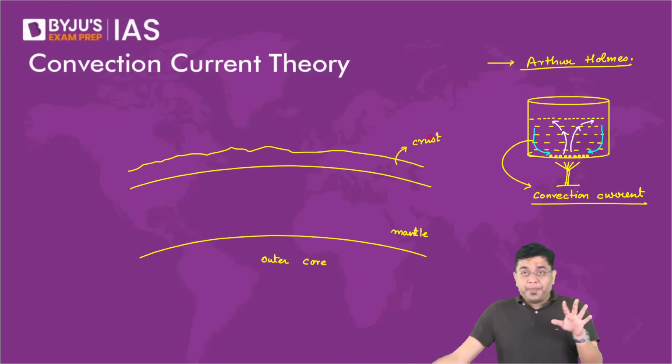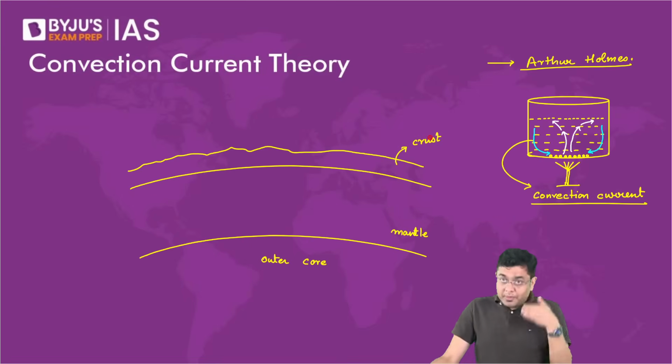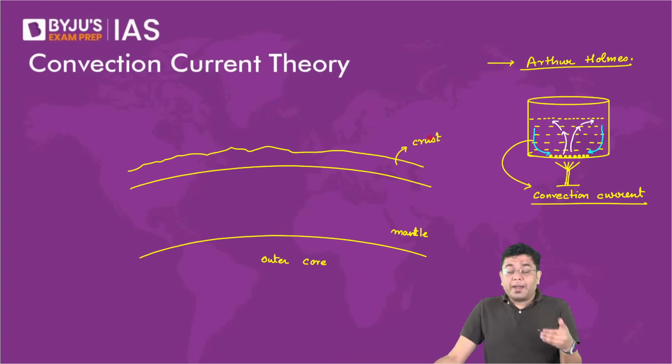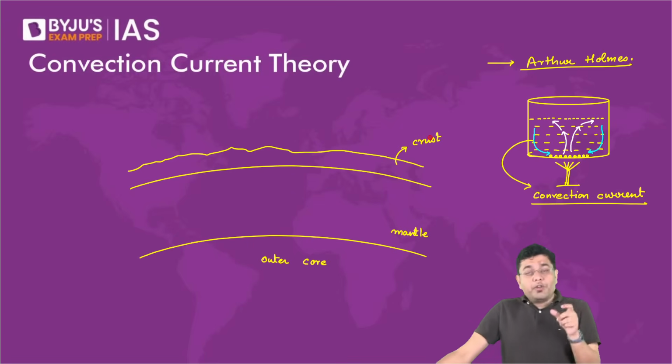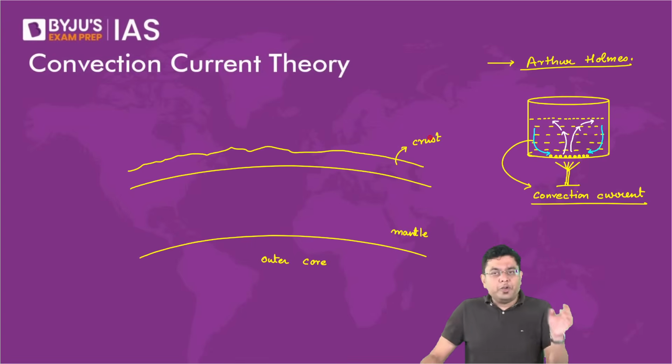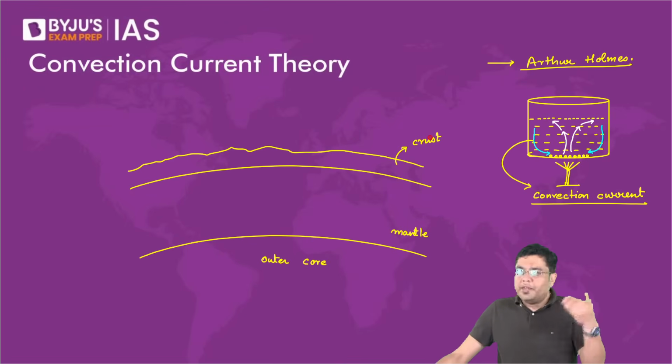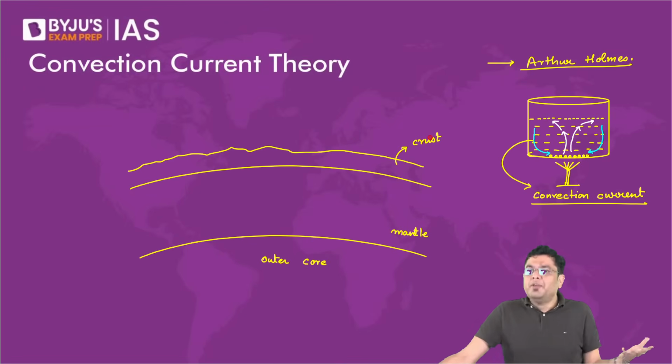And by the way, in geography, just to get you used to that terminology, when we say sometime, it basically spans a few hundred million years. In your history, polity, and other subjects, when you talk about sometime, it might be a few days, a few months, a few weeks. In geography, sometime is referred to as a few millions of years.